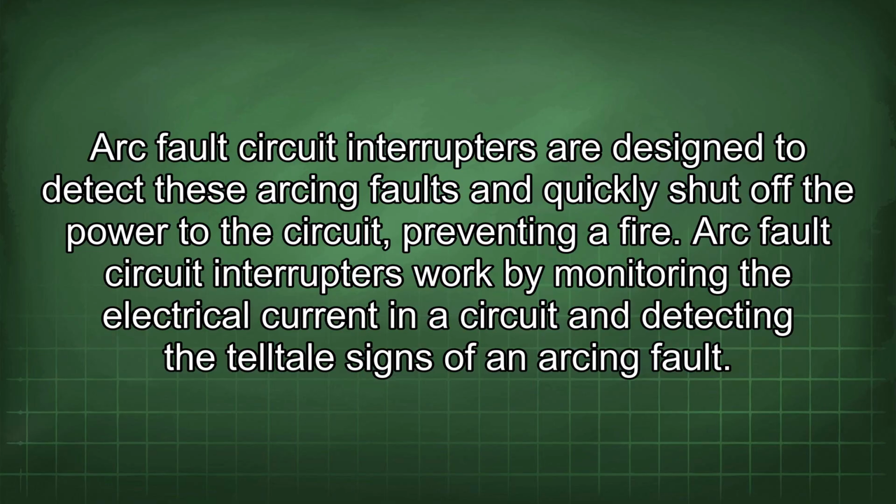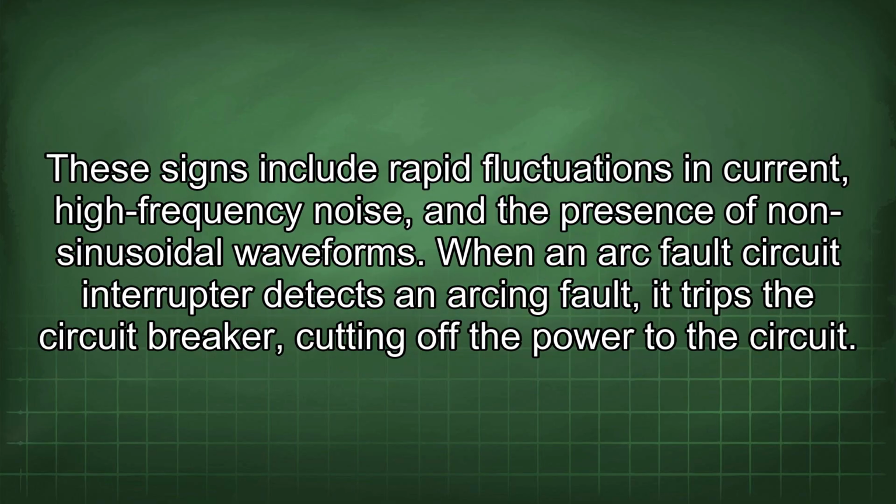preventing a fire. Arc fault circuit interrupters work by monitoring the electrical current in the circuit and detecting the telltale signs of an arcing fault. These signs include rapid fluctuations in current, high-frequency noise, and the presence of non-sinusoidal waveforms. When an arc fault circuit interrupter detects an arcing fault, it trips the circuit breaker, cutting off the power to